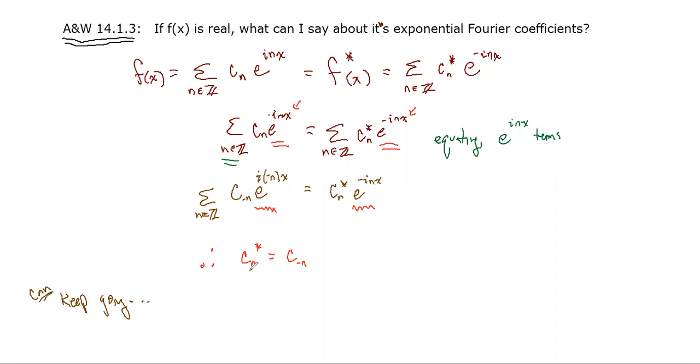This doesn't really help as much as this, because you end up with a somewhat messy expression. But because e to the i nx, and we'll put the minus on there because it's up there, is equal to, by Euler's formula, cosine nx minus, so cosine is even, so that minus doesn't do anything, but sine is odd, so the minus comes out front. Minus i sine nx. Then what I have is, with this condition and this condition,